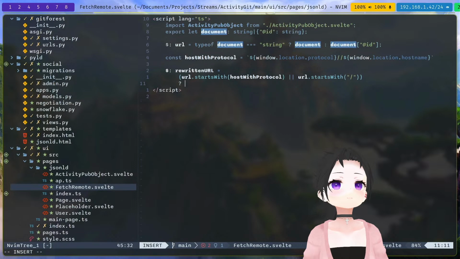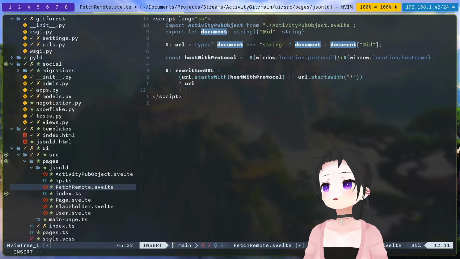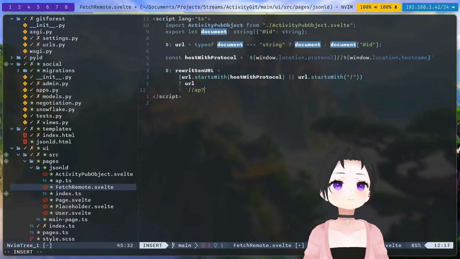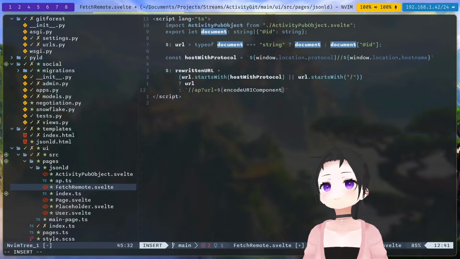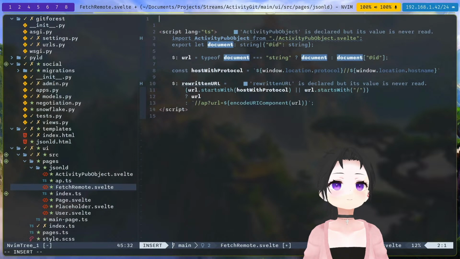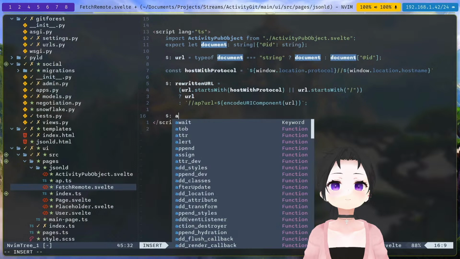In both of these cases, we just want to use the URL, and otherwise, encode URI component URL. And from that, axios,